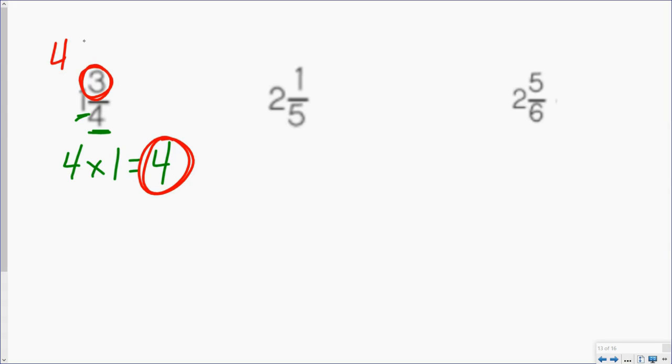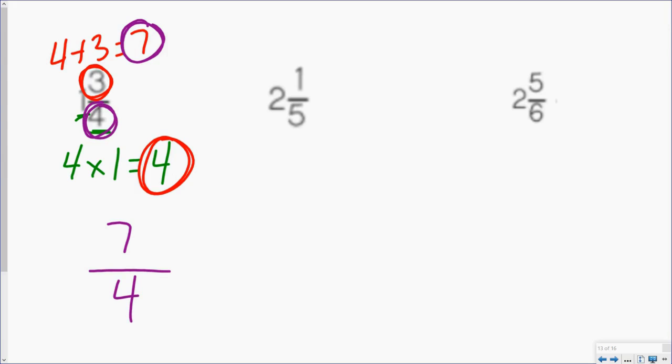So 4 plus 3 is going to give me 7. And then my last step is to take this 7 right here and make it my new numerator. And this 4 is going to stay my denominator. So my improper fraction would be